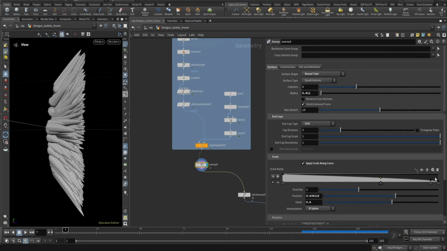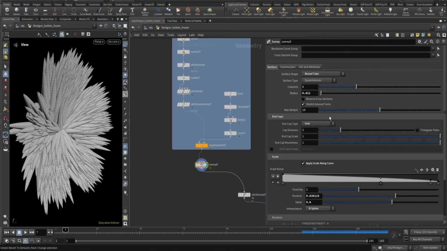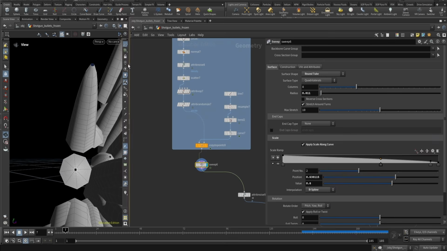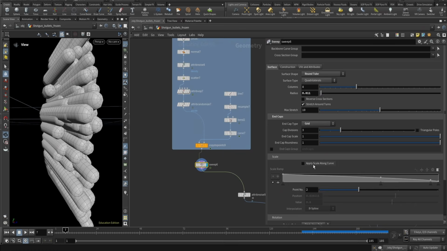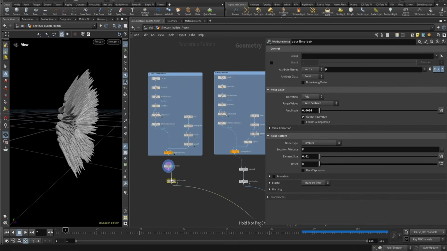What do I do here? First of all, it's a round tube. Then I take down the radius, so it's not like by default massive, I take it down a lot. It's up to you how much you want to measure that. You want to add caps in the ends because by default it doesn't have any, so it's open. So I added something like a grid. In the scale, I apply the scale along the curve, which allows me to shape these spikes. I also added some attribute noise